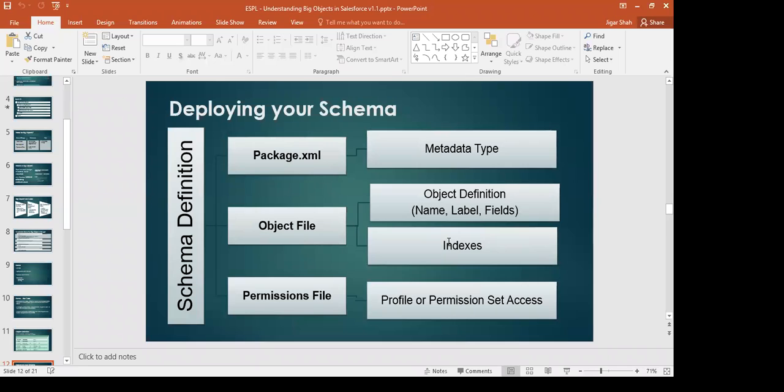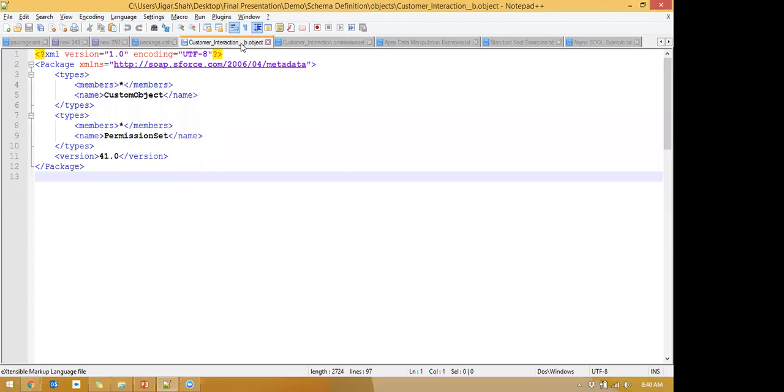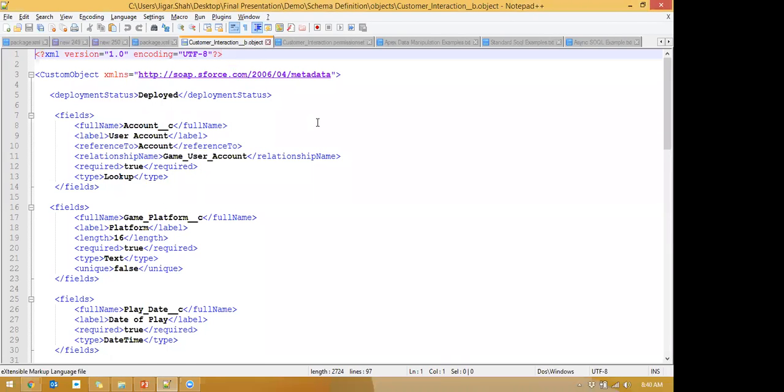And there is a specific order in which you specify them. The order is of essence, right? So if we go back and see the object file, which is nothing but another XML file, you see that it has this kind of structure